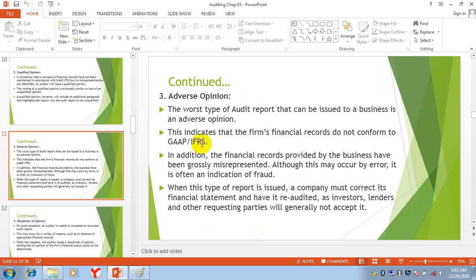They will follow the GAAP and IFRS, and then their financial statements will be re-audited, and after re-auditing, the auditor will again give his opinion, because an adverse opinion is not accepted by the investors, the lenders, and other requesting parties.